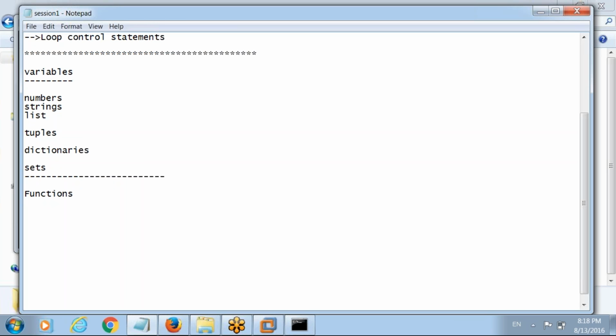So function is nothing but, there are two different types of functions. One is a user defined function, that means we define our own functions. And the second one is built-in function, which comes with the language, it comes with Python. For example, print function: print we use to display, the same way we use echo in shell scripting. So that is a built-in function. Like that